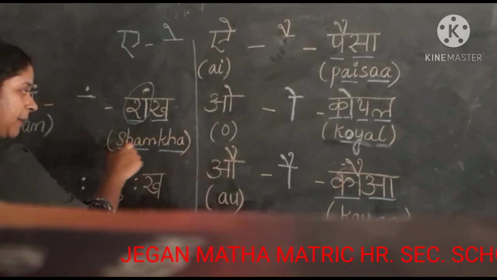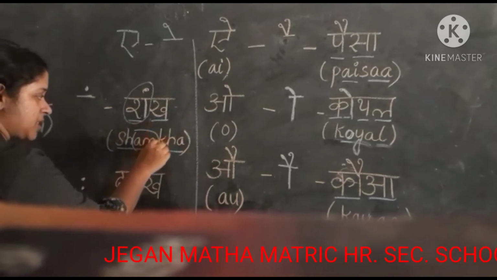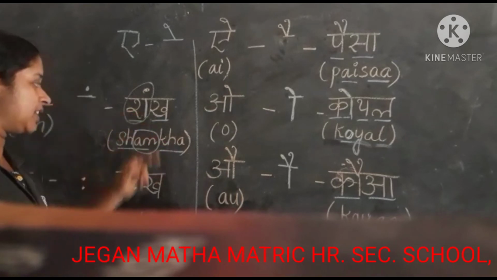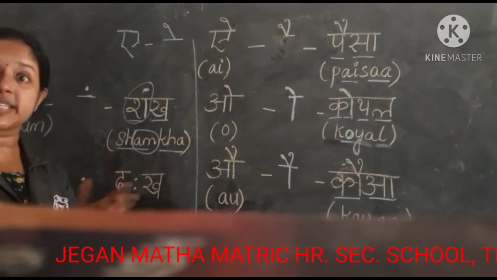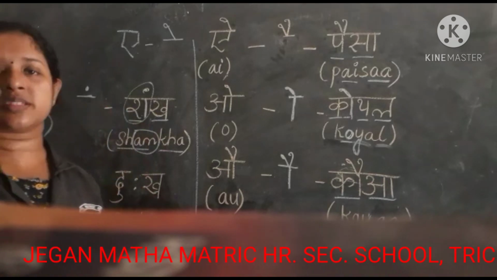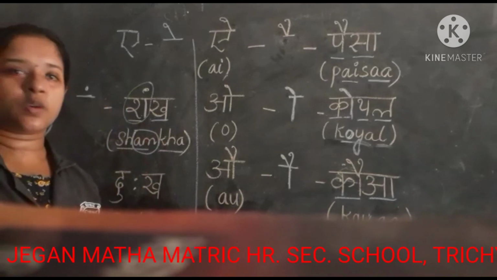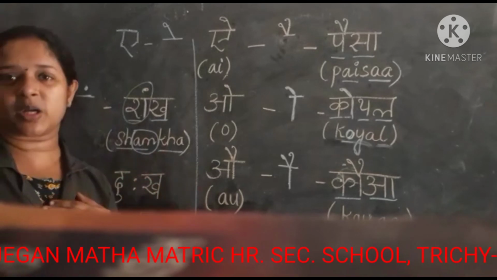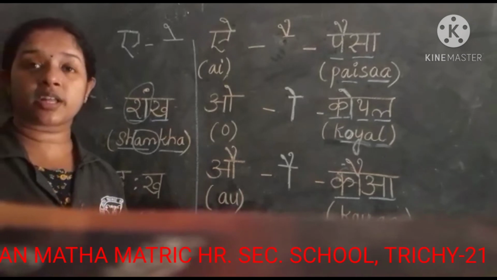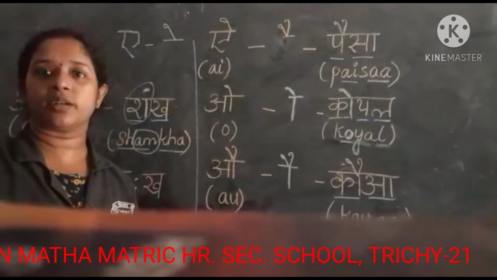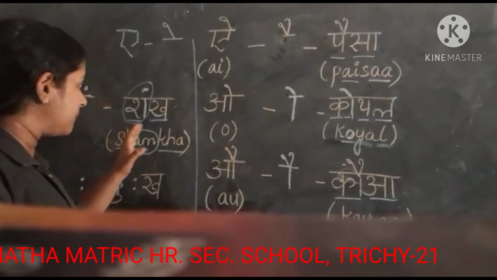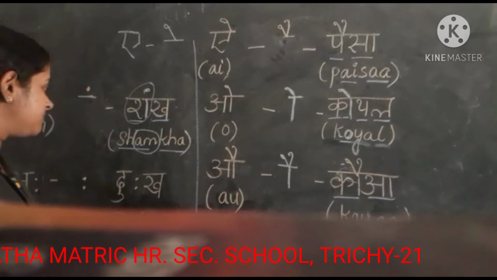See, that sound is coming in this word, isn't it? Shamkha means shell. Seashell you have seen, no? Big types of seashells you might have seen, or in your house itself it will be there. One shank is in my house also, a big type of shank. Whenever we speak casually we say shank only, but the correct pronunciation is shamkha.